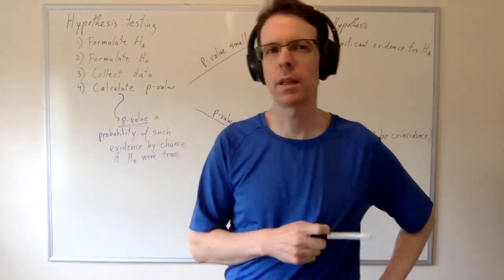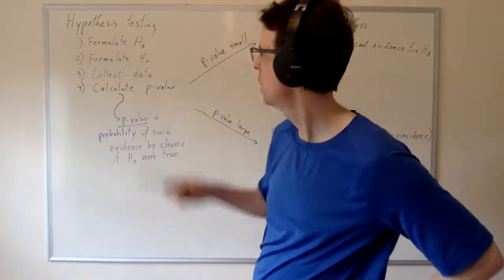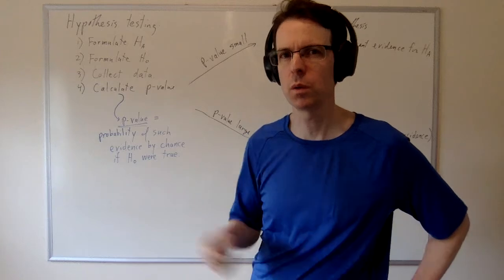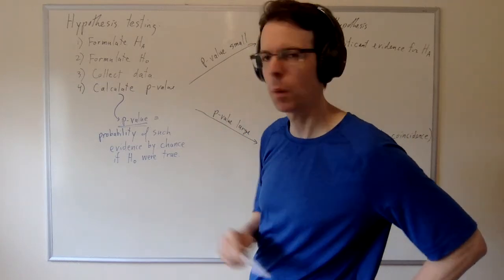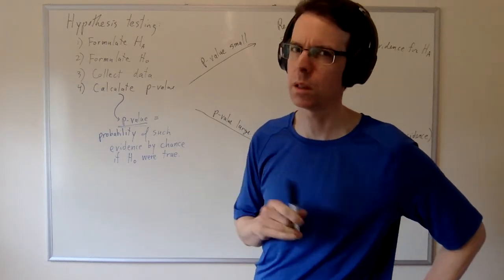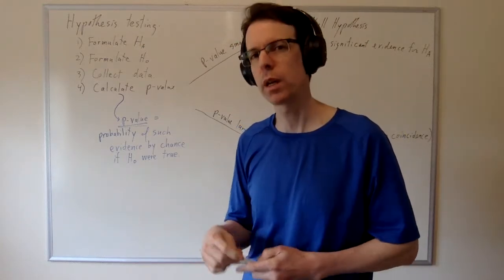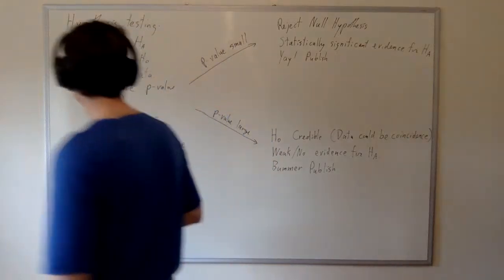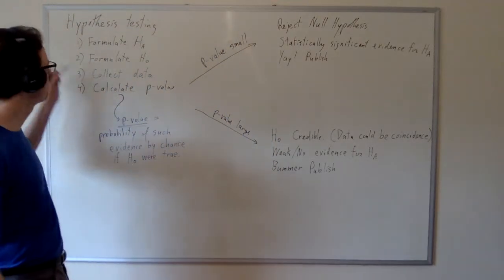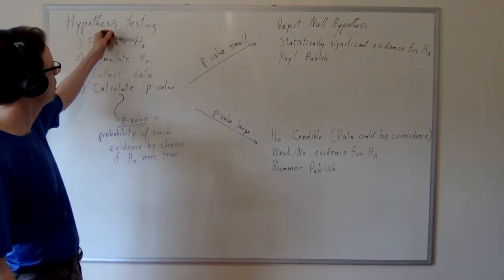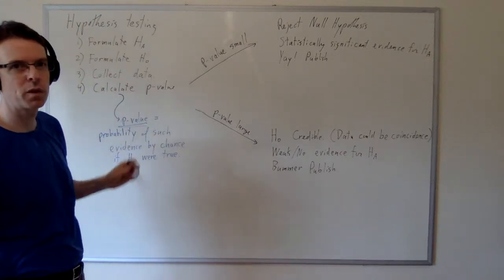So we're starting to get an idea how hypothesis testing works, and it's based ultimately on the p-value. Let's recap a little bit, talk about what the p-value means, which is one of the hardest things to understand about statistics, and then we'll look at an example of how we might actually try to calculate a p-value. So hypothesis testing is based on first formulating some hypothesis, formulate an alternative hypothesis, formulate a null hypothesis, which is